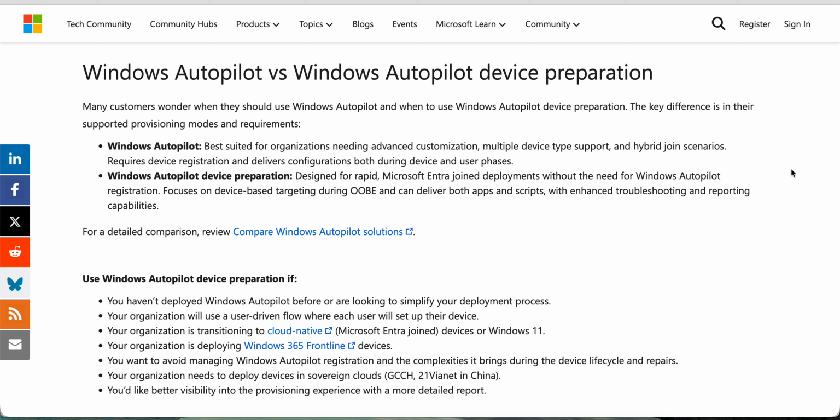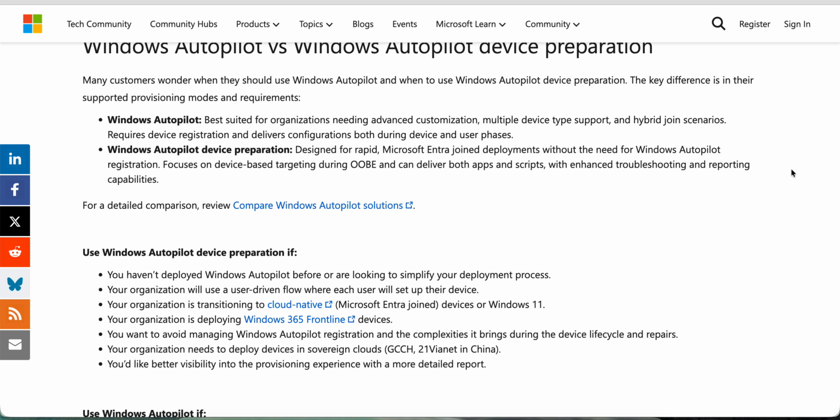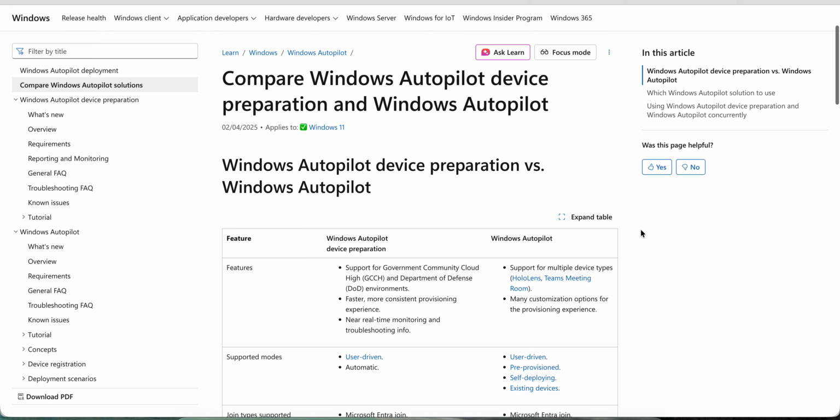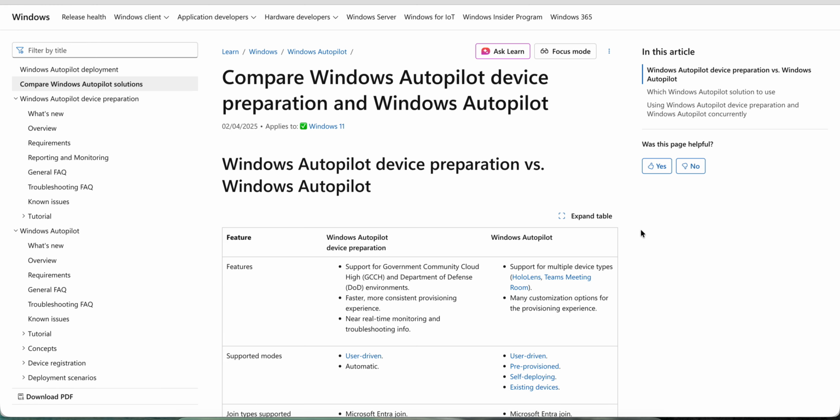So what is this? You may be confused, right? Windows Autopilot and device preparation. You can read it, understand it, and let me know. I don't want to read this one for you. Just go and read it. But if you want to understand the detailed comparison between Windows Autopilot and Windows Autopilot device preparation